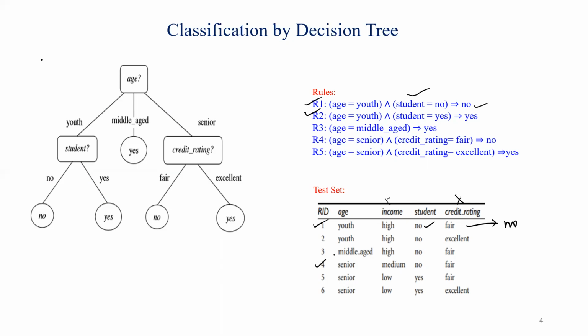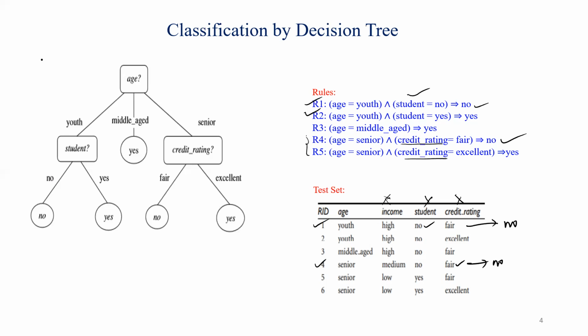Similarly, you can go with the fourth rule, senior. If age is equal to senior, you can go through these 2 rules. Here we only concentrate on credit rating. So no need to consider income here, no need to consider student here. If you go for the credit rating, this is fair. So if age is equal to senior and credit rating is fair, then the possible label is no also. Here also no. Like this, you can classify the unknown test example by using the decision tree.